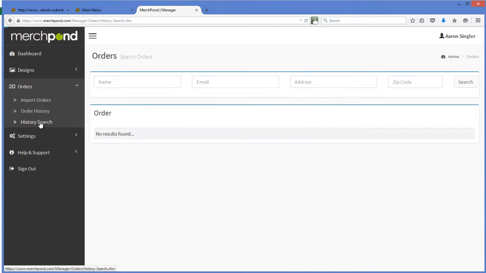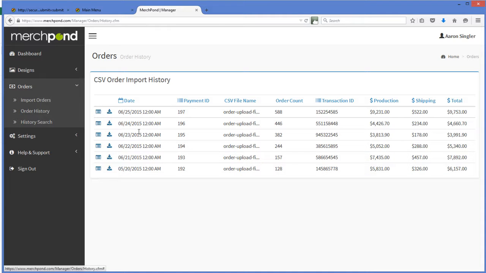It will go to your payments history, your order history page right here. You'll see the day your order came in. You can click here to fan out your orders. What's cool about that is it will show what shirts have shipped and what shirts have not shipped. And when they have shipped, it'll show you tracking number on each order. Payment IDs are here. Your original file you uploaded, your order count, transaction, and then the breakdown on your pricing